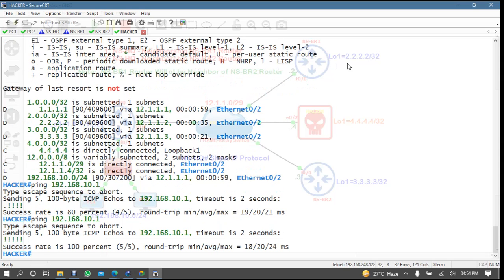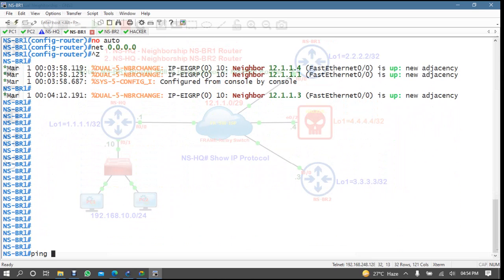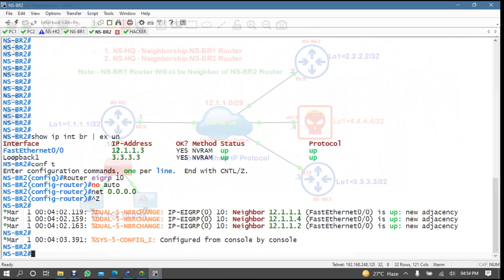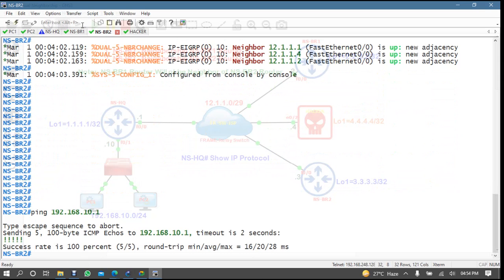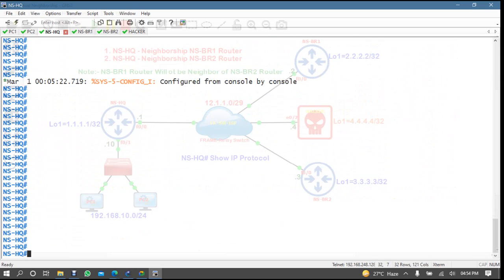Now you will say, no, no, no, even your branches are also communicating. Ping 192.168.10.1, communication is there with the branch also. Your headquarter is communicating to everyone, means there is no kind of problem, only the routes of your organization are shared with the neighbors and the hacker, and the hacker can do anything after some time. Now come here, the headquarter router is pinging the branch.